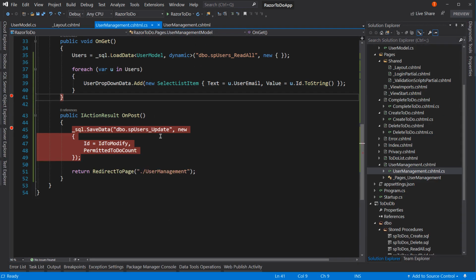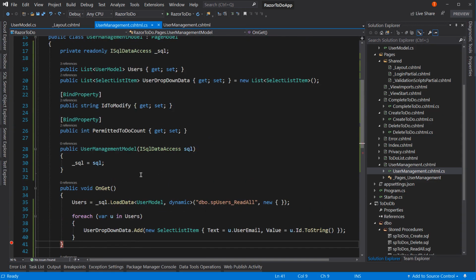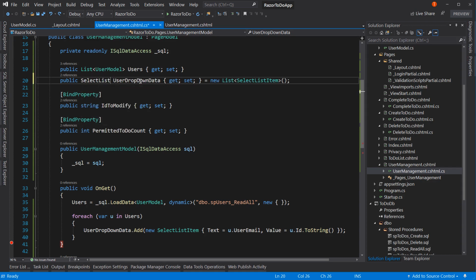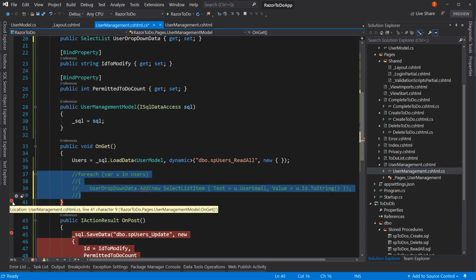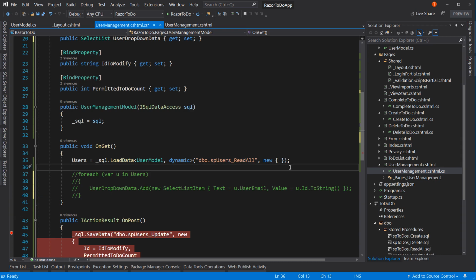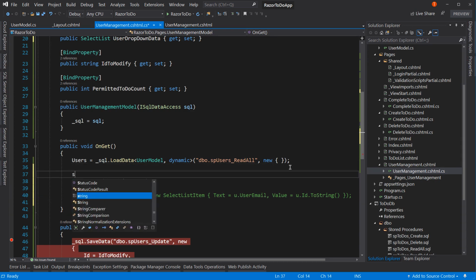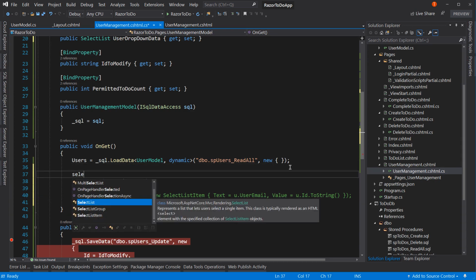So how else can we do this? Let's see what else we can do to figure out what's going on. Instead of a list here, let's do a select list, like so. Let's see if this makes any difference. Actually, we can't even do this assignment here. We're going to have to come down here. Let's put our comment, our code, and put instead, we have to say select list,